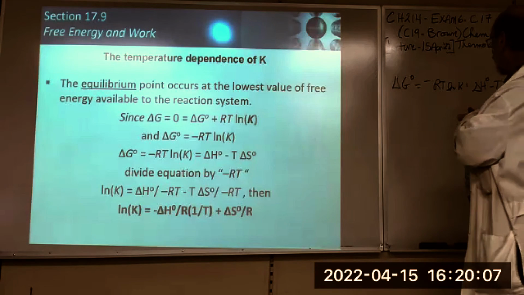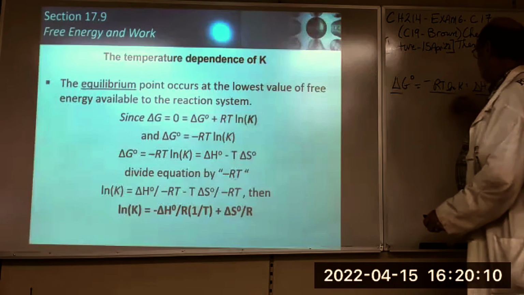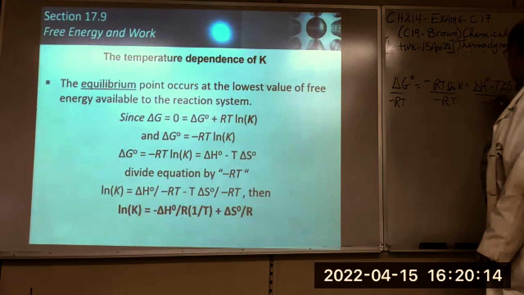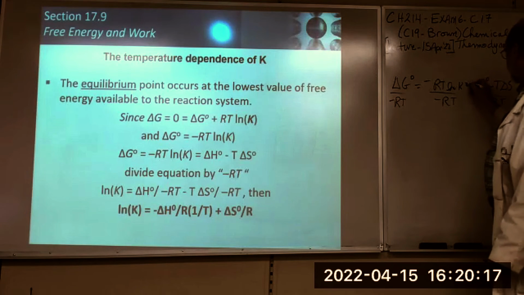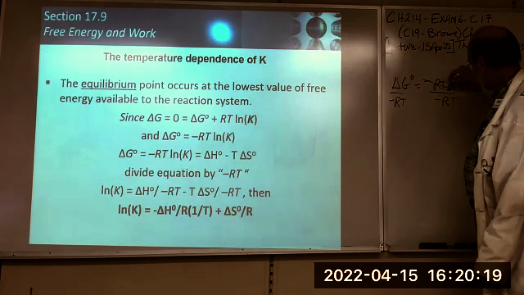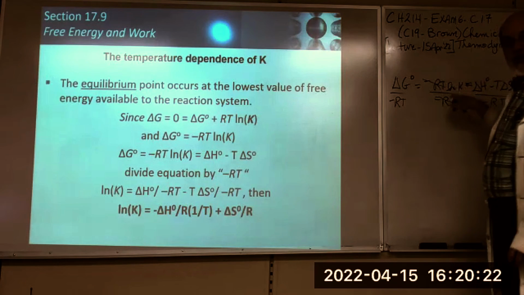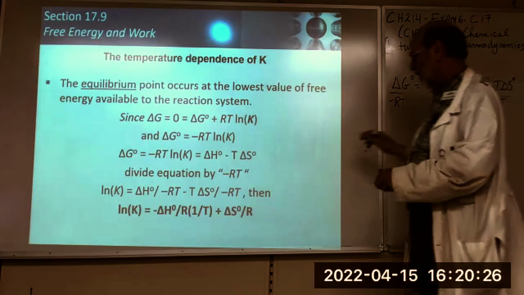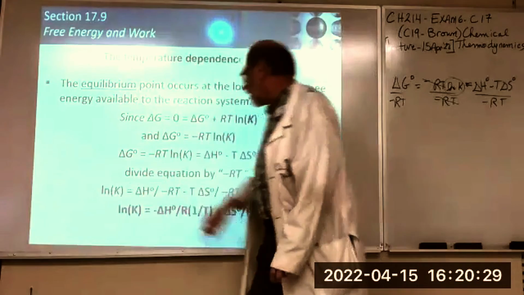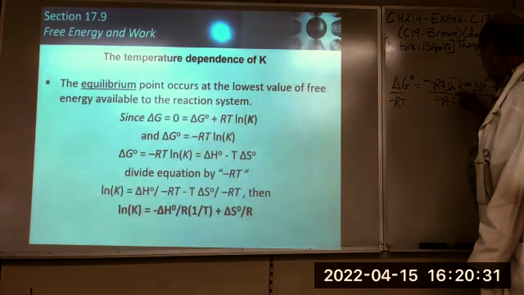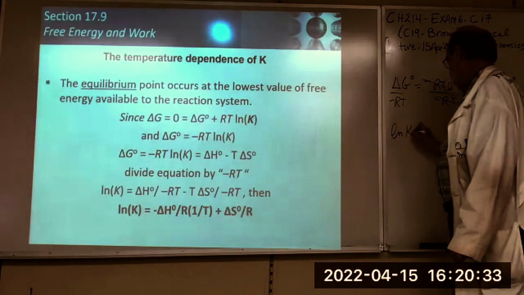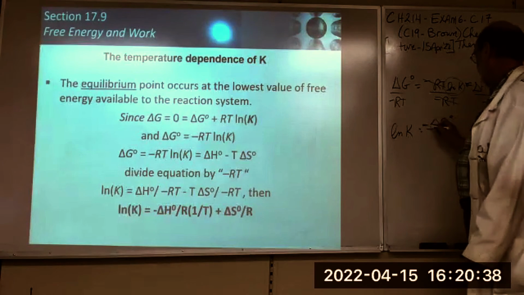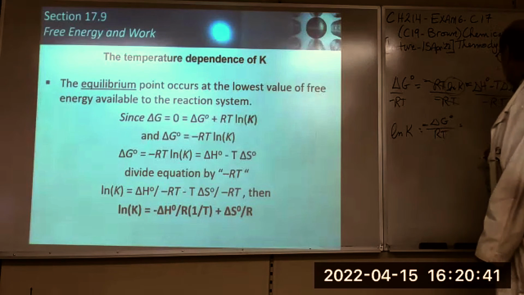Okay. Now we're going to divide the whole thing through by minus RT. That's an equal sign there. So this one cancels out right there. So log K is now sitting by itself. Okay. So here it is, log K sitting by itself. And that log K now is equal to delta G0 over minus RT. It's also equal to